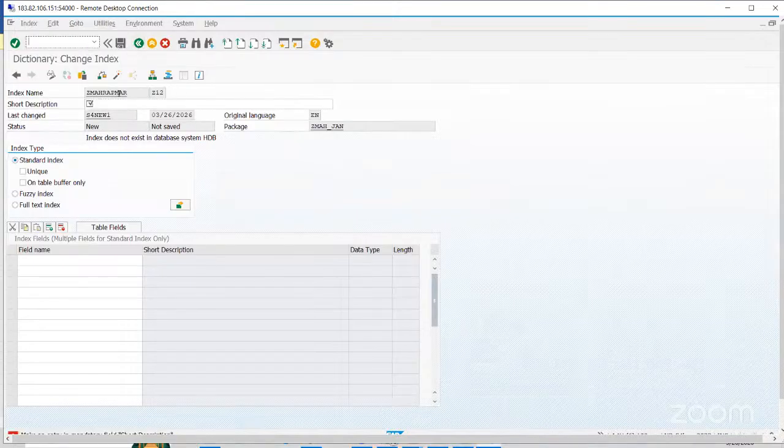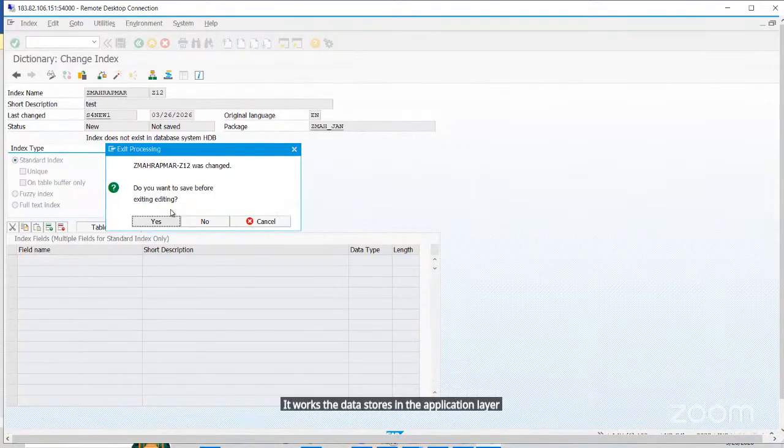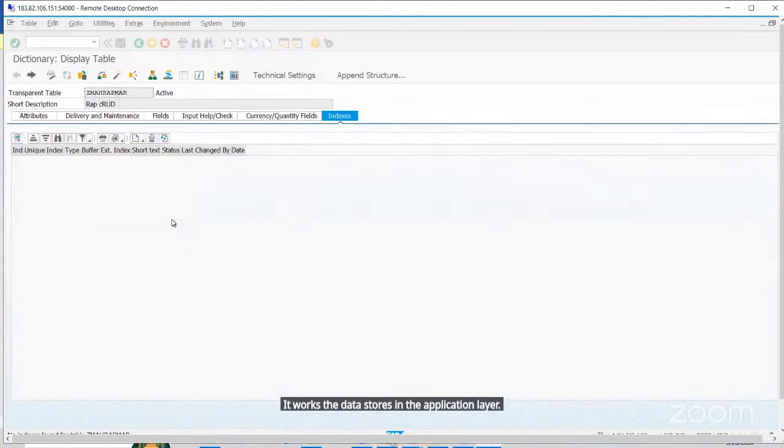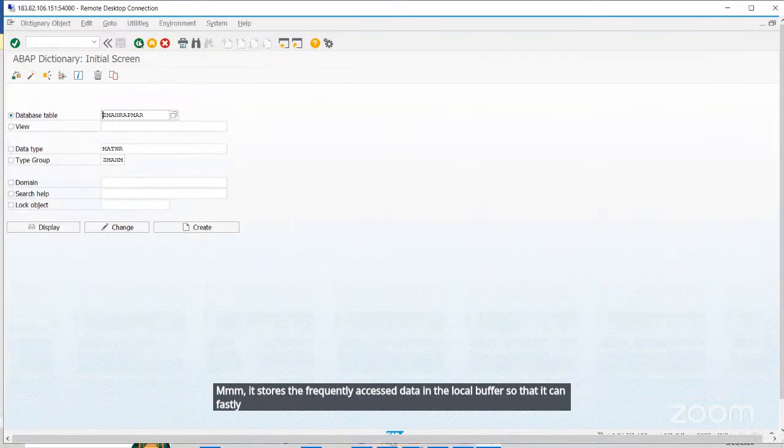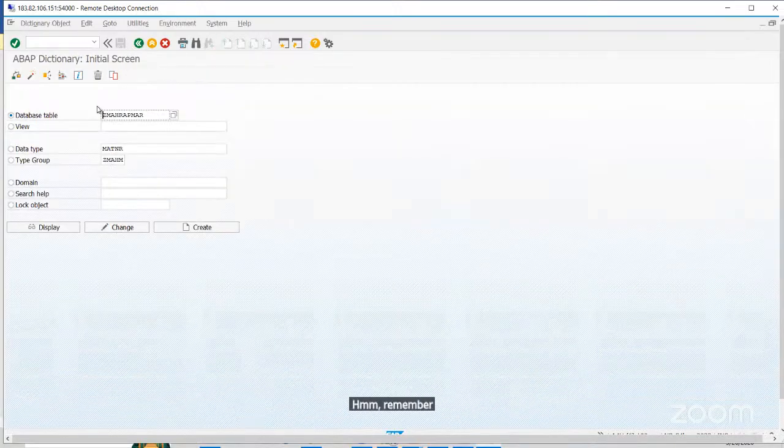The buffering is related to the database, sir. The data is stored in the application layer. It stores the frequently accessed data in the local buffer so that it can be accessed faster. Remember all this. Now if you go to here,